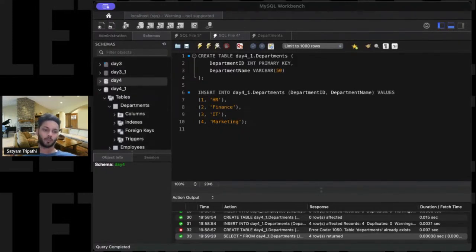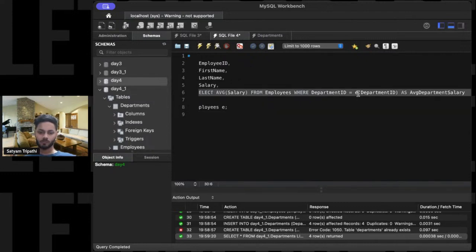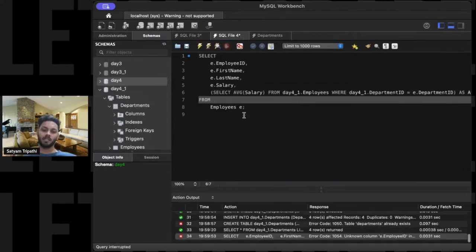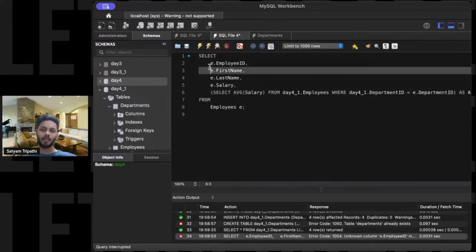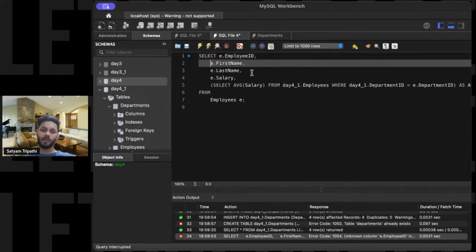Now how will my subquery look? Let's have a look over here. Now what I have written over here, guys, just see one thing: I have written select e dot employee ID, e dot first name. So whenever I mention it like this,